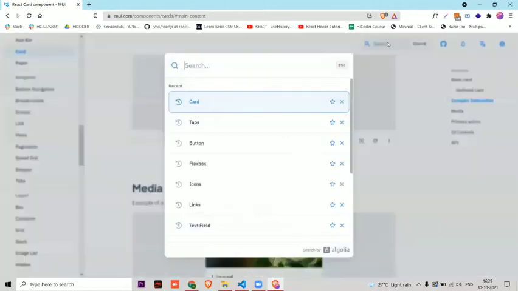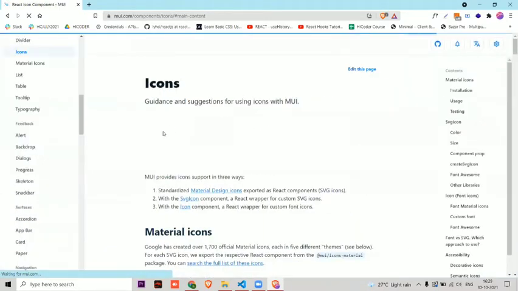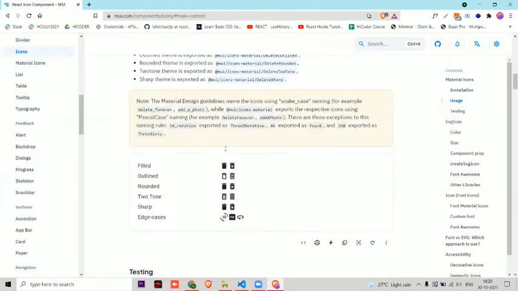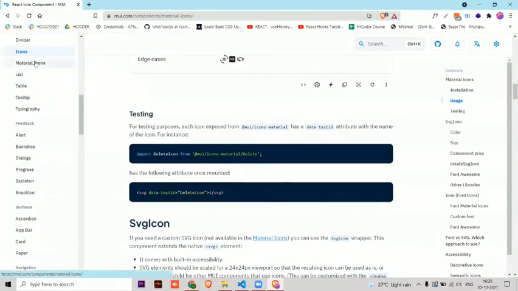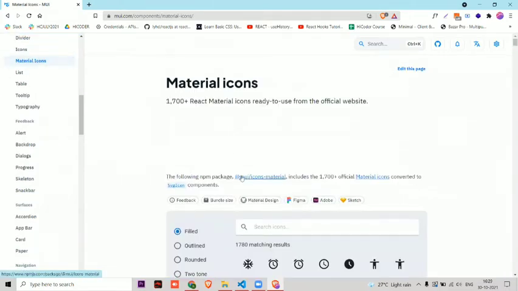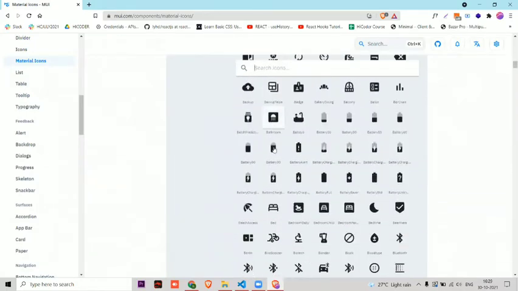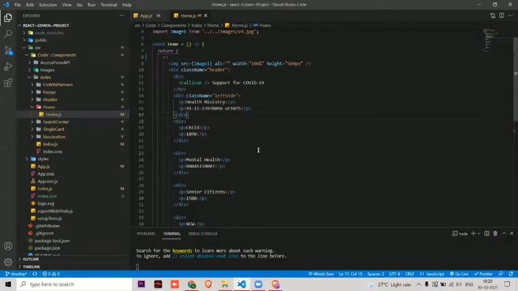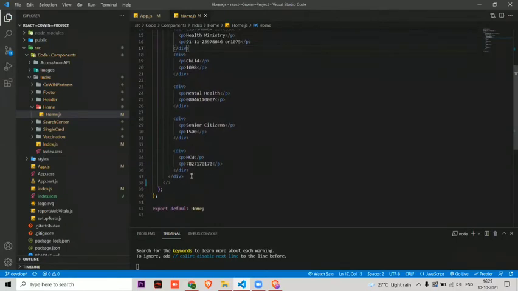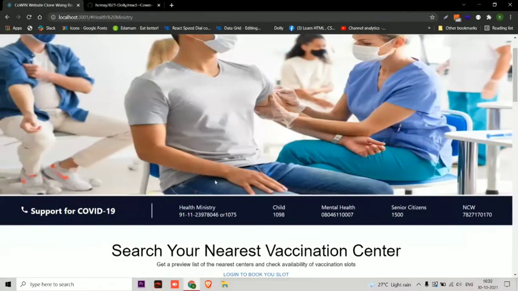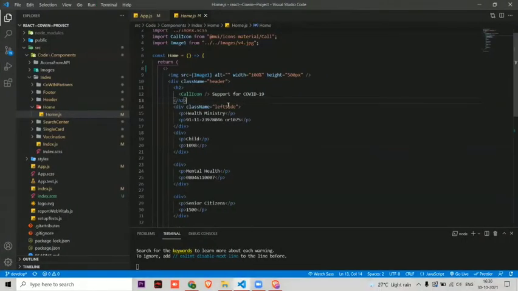Here simply you have to click and search the icon, and the icon is a third party package, so you have to install that. Here you can see many icons, and if you want to see the whole icon set, then you can click here and search whatever you want. From here you can search whatever icon you want. Now let's go back, and this is very simple. This is like HTML only. And to give a border on the left side, I have used CSS.